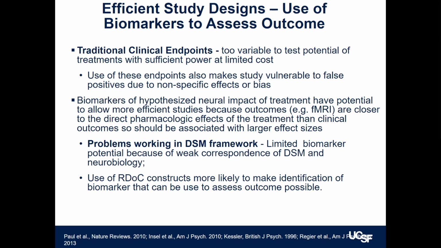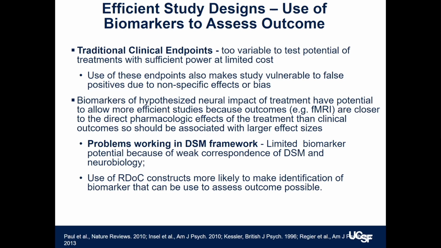That's a long biological distance, if you will. However, if you looked at the parts of the brain where there are serotonin 2A receptors, and you asked, is there a change in blood flow in that area of the brain? And your hypothesis is that the serotonin 2A receptor binding that the drug does changes blood flow, because it alters activity in that area, and that altered activity mediates the clinical effect. Then what you're measuring could be pretty close biologically to the effect the drug is having.